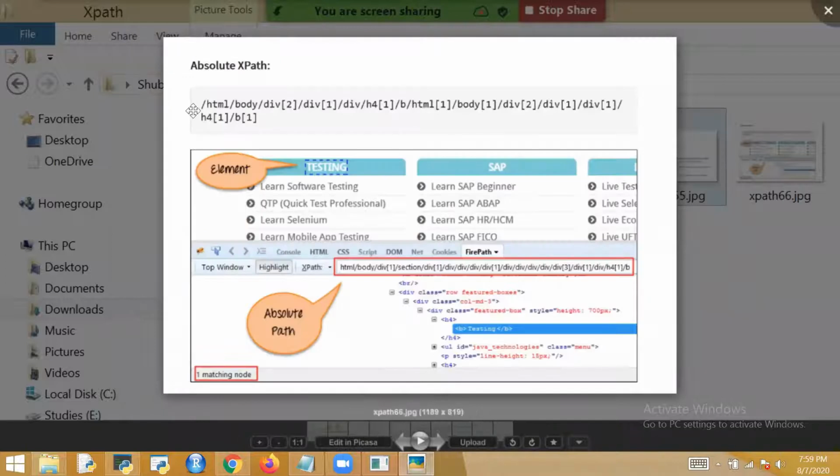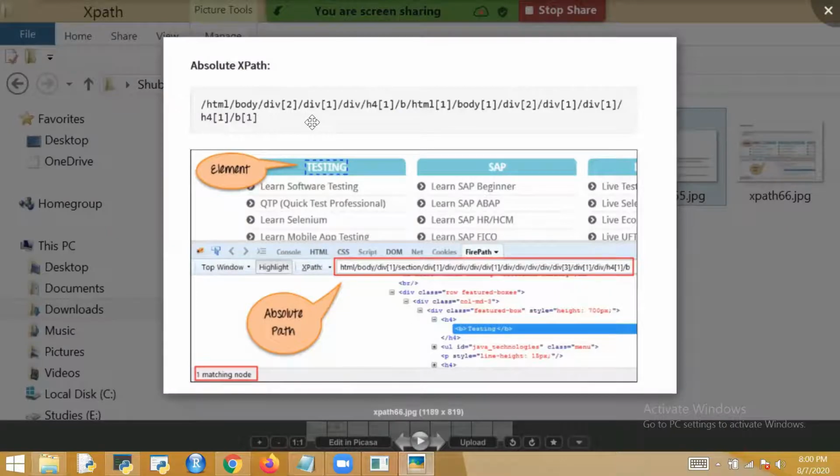So this is the absolute XPath of any element. See, HTML, body, inside that you select and go to the second div. After that, go to the first div. Whatever you will click, go in the first div, then go to the first element mentioned there. This is the entire path of that. Instead of using the search keyword, the absolute path is given for that element. It's very long, very tedious to write also. So basically we never use that.